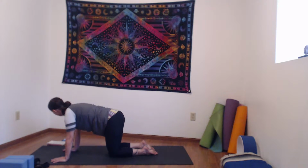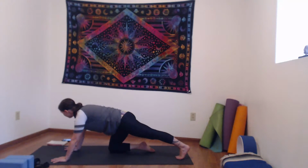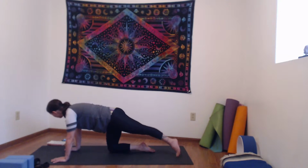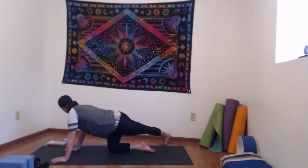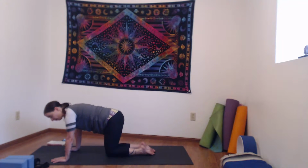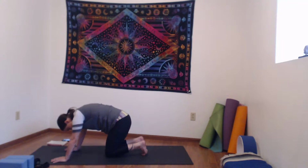Right knee comes down. Left leg long, toes stay curled. Shift back and forth. And then cross it over to the right. Look over your right shoulder. Bring your gaze to your big toe. Good. One more inhale here. Exhale your leg through center, your left knee down, and then curl all 10 toes and go ahead and sit